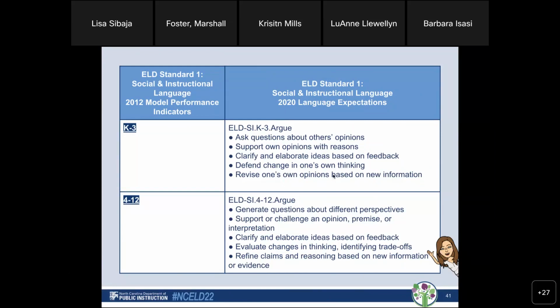Now, what a student work sample looks like at grade K might be different than what a student work sample looks like at grade 3. And that is completely okay. But these are their language expectations, their goals. The same with grades 4 through 12. And again,